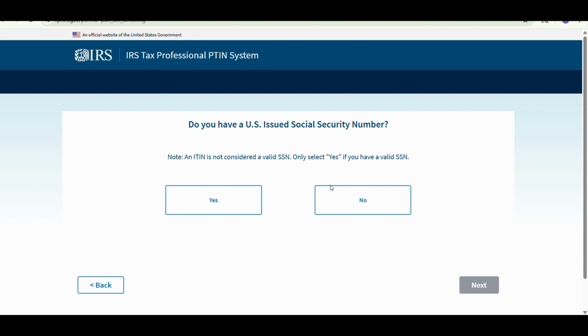and click the no if you don't have valid SSN, mean social security number. If you have SSN, click the yes. If you don't have SSN, click the no. If you have ITIN, click the no, because ITIN not considered as a valid SSN. So if you don't have SSN, click the no simply and click the next